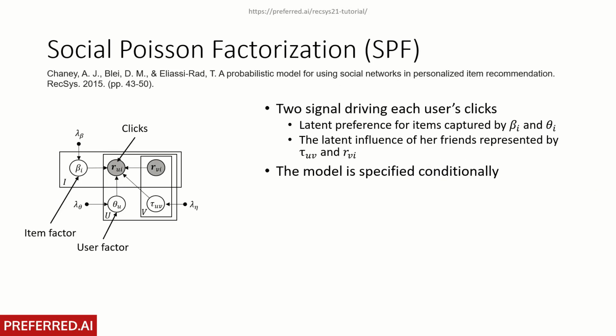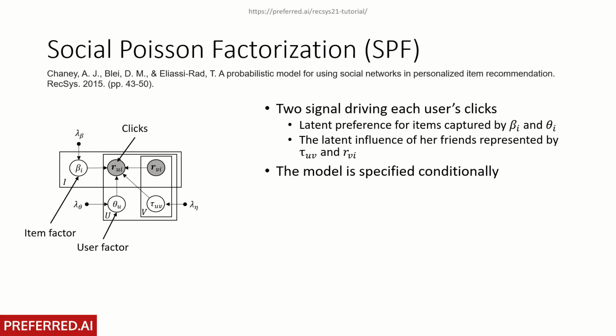As a second example in this family, there is something called social Poisson factorization. The difference between this Poisson factorization and the factorization which we saw before is that it assumes that the ratings here are counts, such as clicks. If you are dealing with counts, then the Poisson distribution is more suitable compared to the Gaussian distribution. And it turns out to be a very good model that I strongly recommend you to consider if you want to build some recommender model on clicks or even ratings as well,